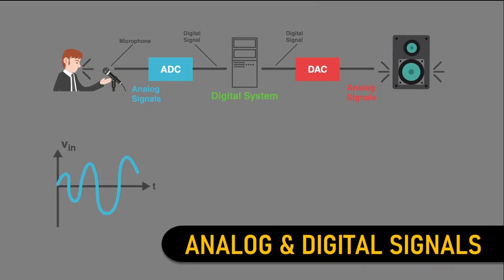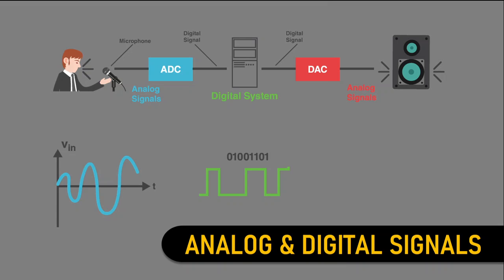As I already told you, our digital system is not capable of processing analog signals. It is capable of processing digital signals only. So the analog signal has to be converted into digital form. So you require an ADC, full form analog to digital converter, which converts the signal into the form that you can see.